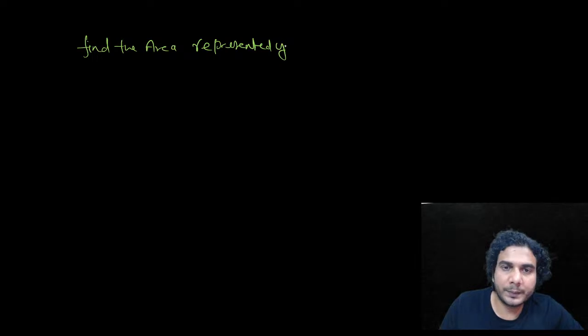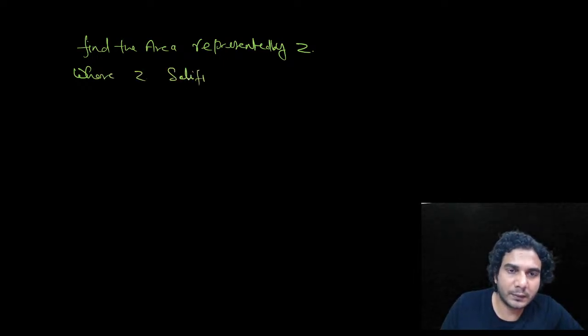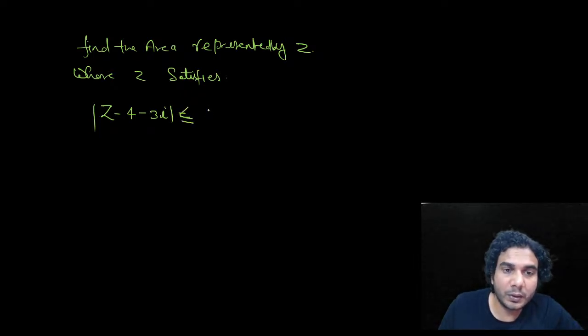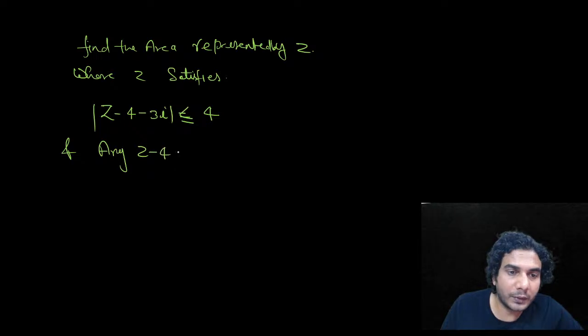I'll give you one more example. Find the area represented by z, where z satisfies modulus of z minus 4 minus 3 iota is less than or equal to 4, and argument of z minus 4 minus 3 iota is less than or equal to pi by 3 and greater than or equal to